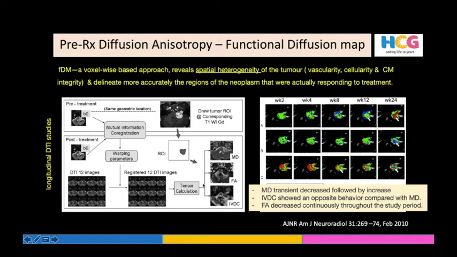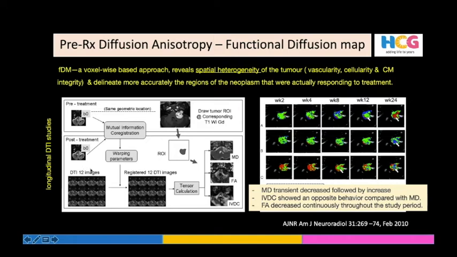diffusion map. This is very important because we need to understand the spatial heterogeneity that exists within the tumor, and the FDM is a better tool for us to assess the vascularity, the cellularity, the cell membrane integrity, and delineate the regions of neoplasm. What really happens is the longitudinal DTI studies are done pre-treatment and then mutually registered with the